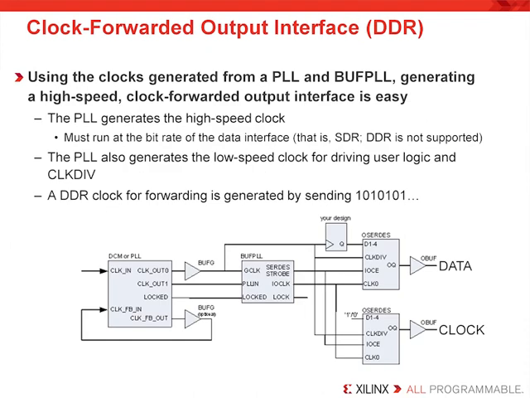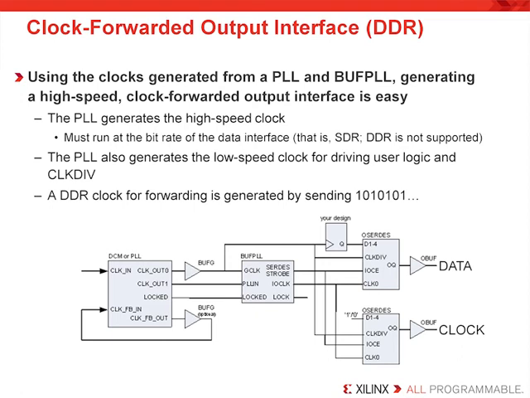In this slide, we have an example of a clock-forwarded output for a double data rate application. In this case, we're going to use the clocks generated from a PLL as well as a BUFPLL to generate a high-speed clock-forwarded output interface and do this relatively easily. First of all, the PLL on the left will generate the high-speed clock, and this must run at the bit rate of the data interface. That is, if it's single data rate, the DDR would not be supported in that case. The PLL will also generate the low-speed clock for driving the user logic and the clock div,